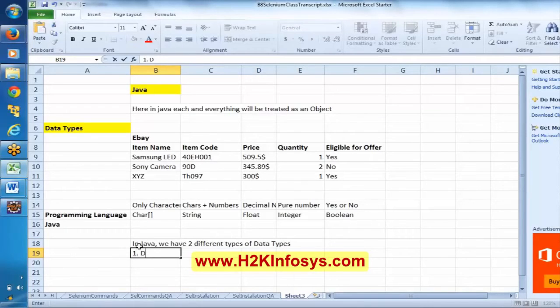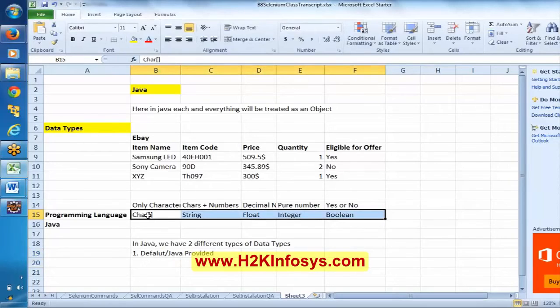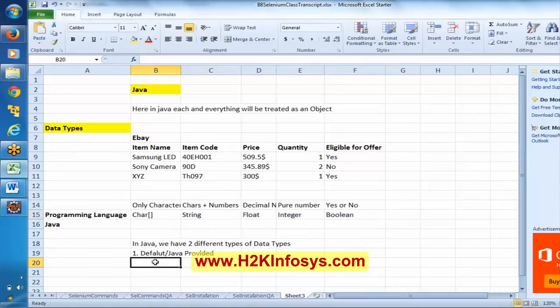One is the default, Java provided. It means whatever we have been learning, I can say, are Java provided data types. The other one is user defined.